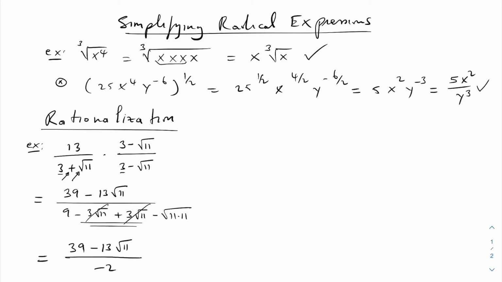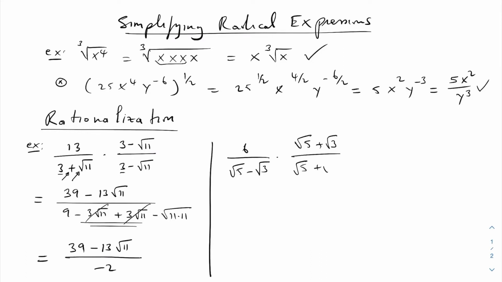Next example here, let's look at 6 divided by root 5 minus root 3. We do the same thing here, multiply by the conjugate of the denominator. You're going to have root 5 plus root 3, root 5 plus root 3. Multiply it through, that's going to be 6 multiplied by root 5 plus root 3. And on the bottom, you're going to have